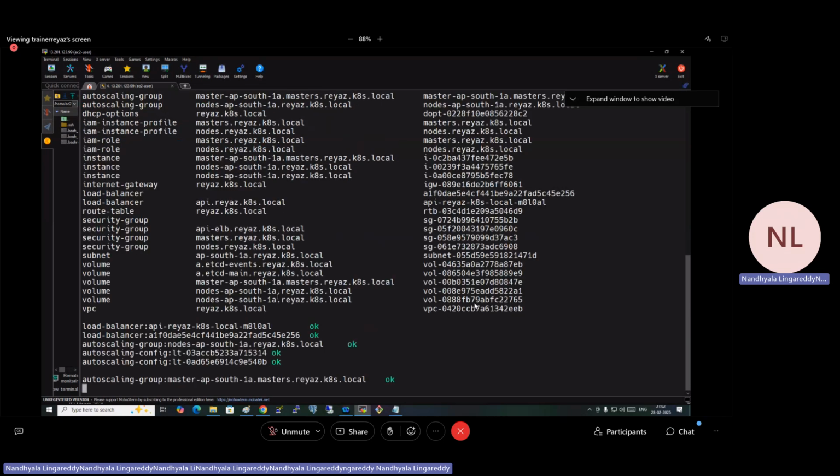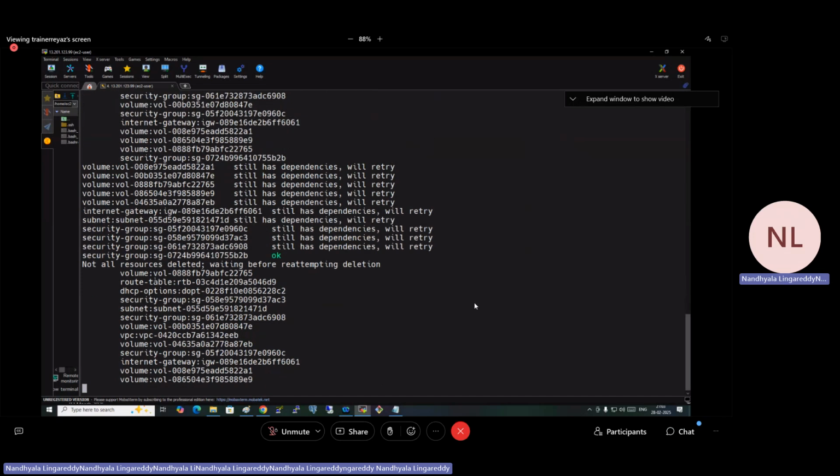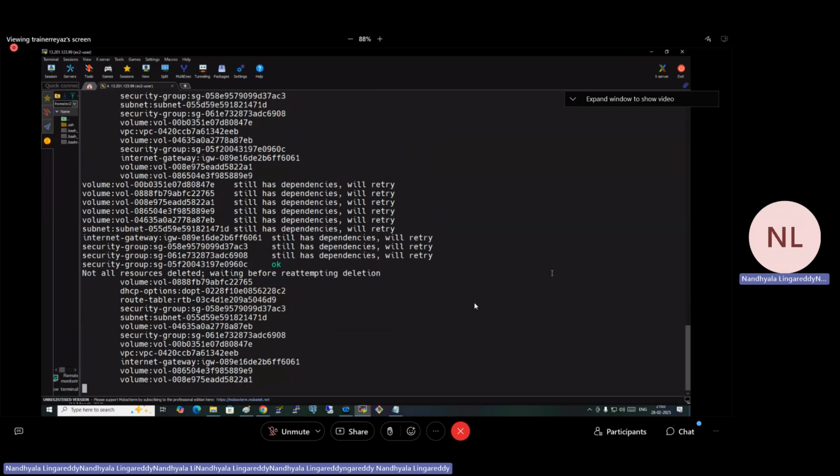You need to delete that VPC, the security groups, the volumes. You need to delete a lot of things manually. So do you see what things it is deleting? Route tables, VPC, security groups, volumes, a lot of things get deleted. So the best way is to delete from here. Yesterday I forgot to tell you. That's why I put that command in the chat.